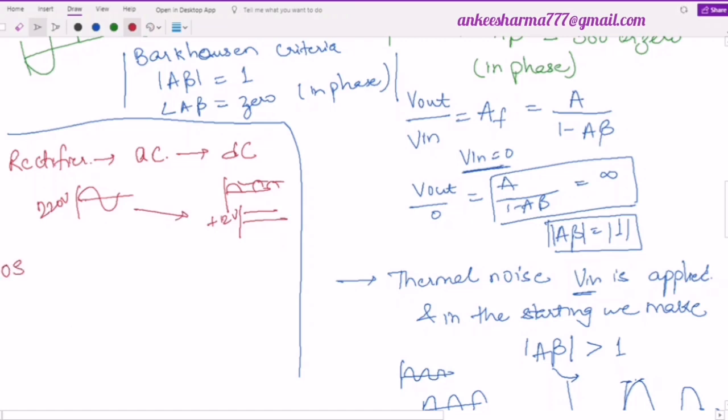Now, if I look at this oscillator and relate it in the same way, an oscillator is taking the biasing voltages. Biasing voltages are nothing but the DC voltages, and it is converting them into AC. So can I say that the oscillator is doing exactly the reverse operation of a rectifier? Rectifier is converting your AC into DC, whereas oscillator is converting your DC into AC.